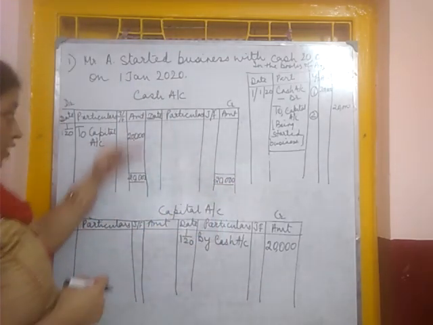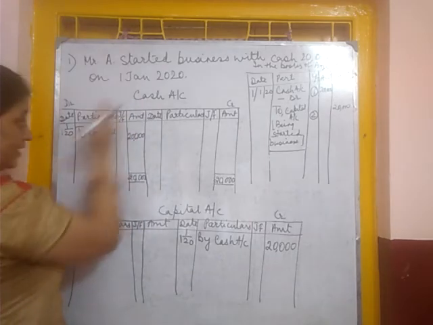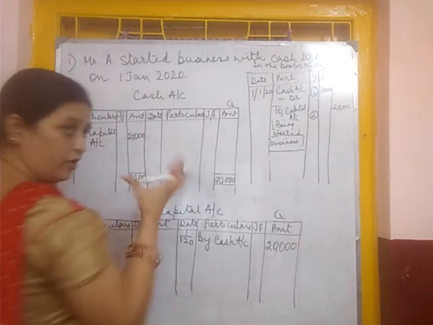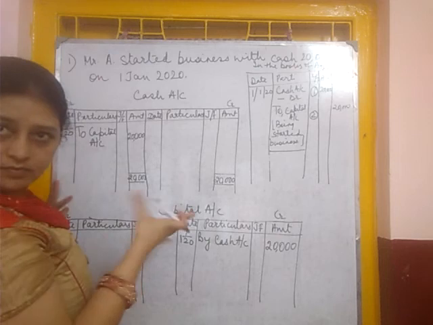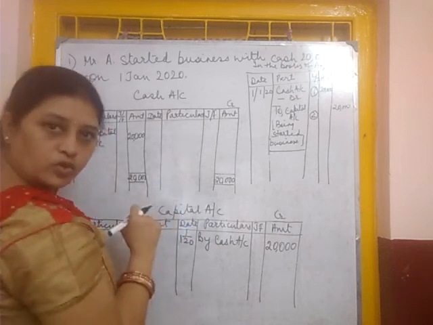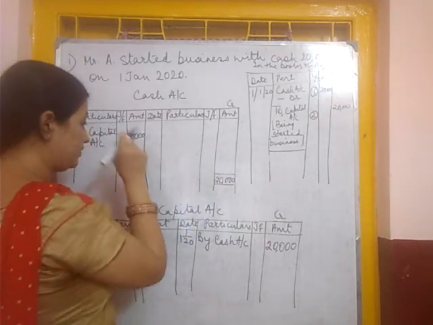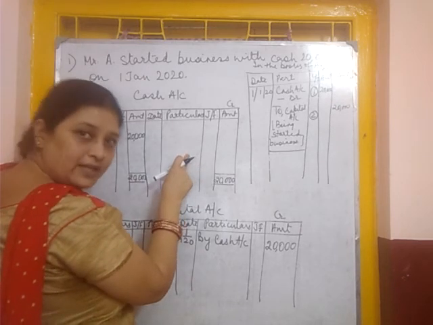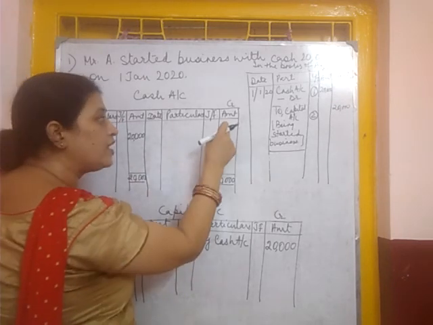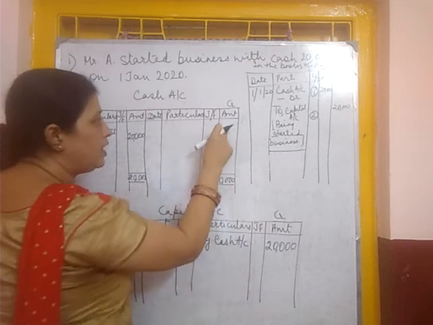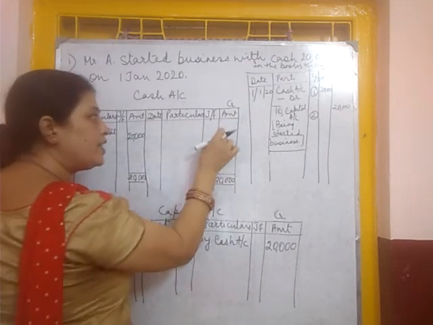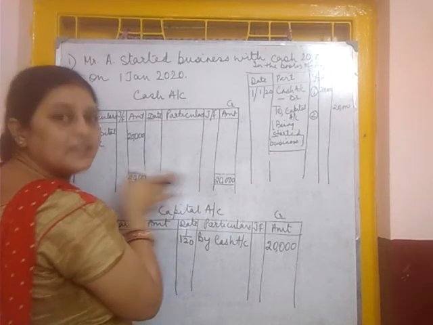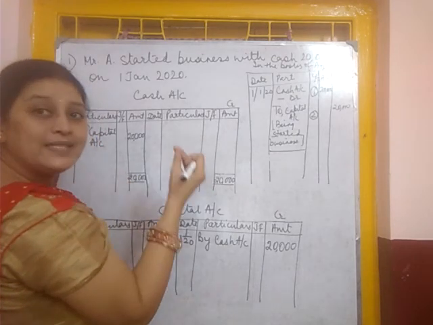Now on the last day, since this side is 20,000, here we are having 20,000. But on the credit side, we don't have anything. We don't have any amount. So we have to make this 20,000 equal to 20,000 on the credit side. For this, what will we do? We have to deduct the amount. Here nothing is there, which means we have to balance it. We have to equalize both the sides by writing balance c/d.